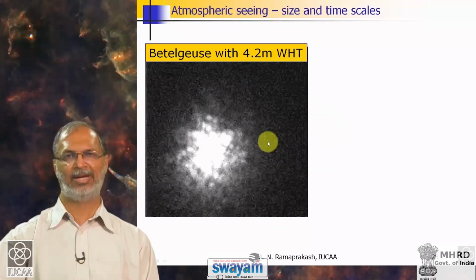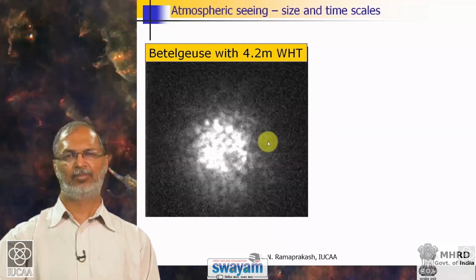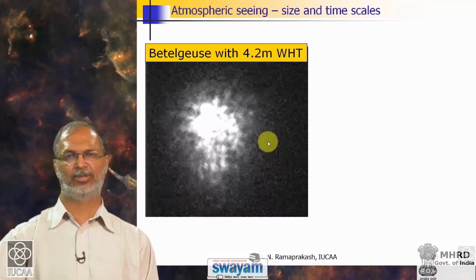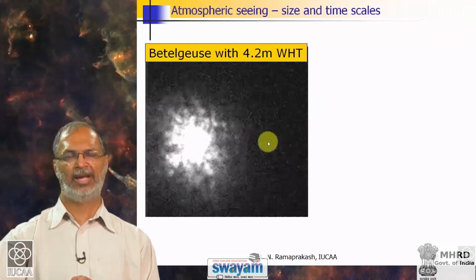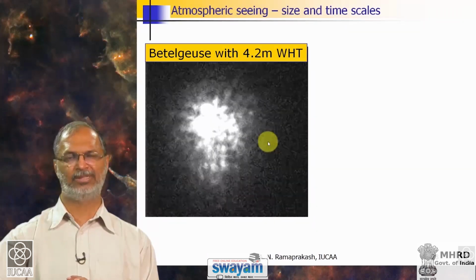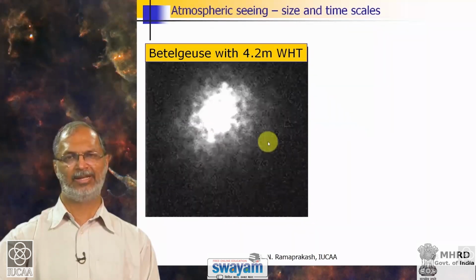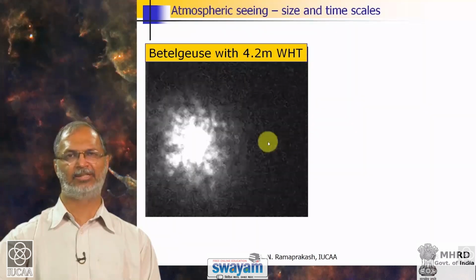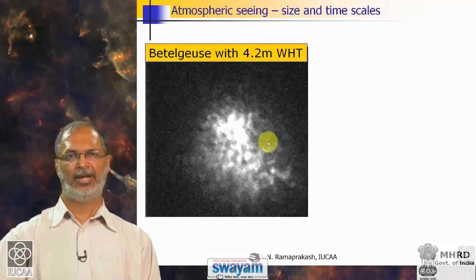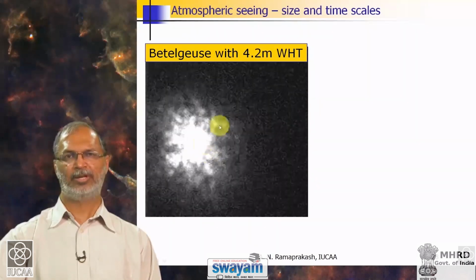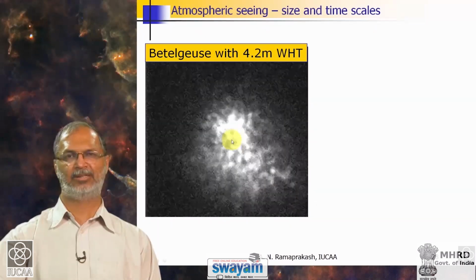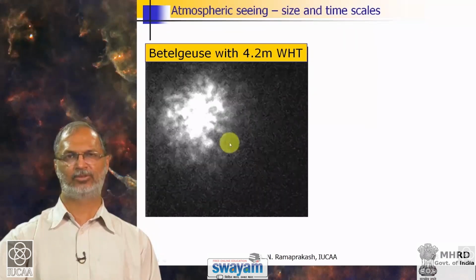The atmosphere is now acting like a grating, but in the previous slide I showed a grating which is static, which is fixed, and the structure sizes are also fixed. Now, the atmosphere is again like a grating, but it is dynamic, it is changing continuously, and the light is passing through that atmosphere, which means that the image formed by the light through a telescope will also have